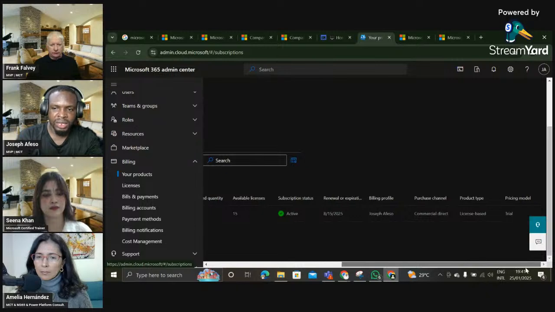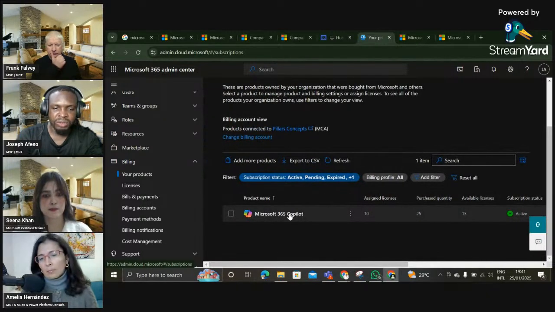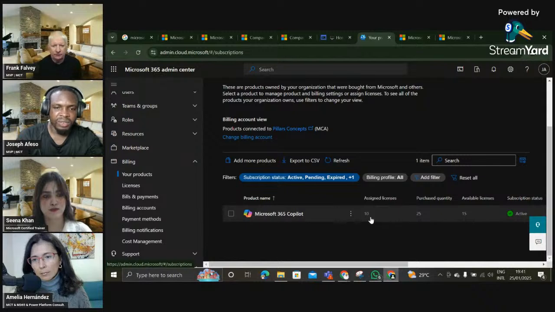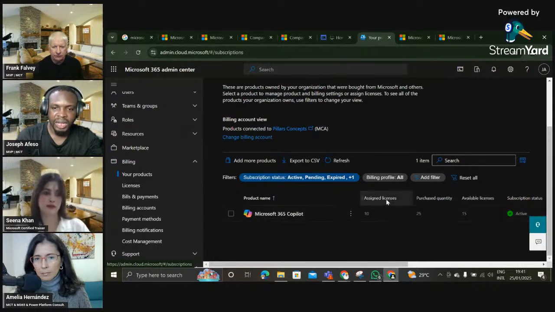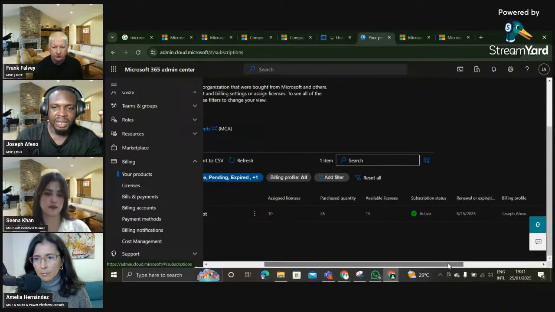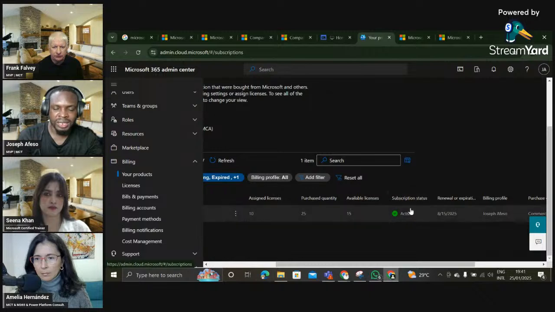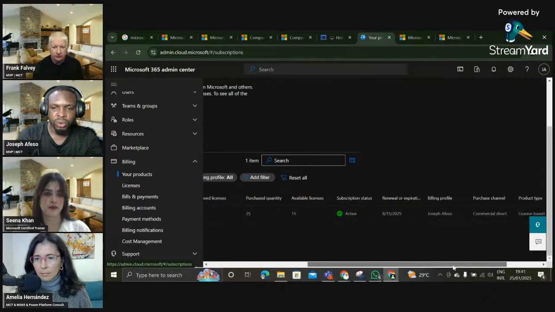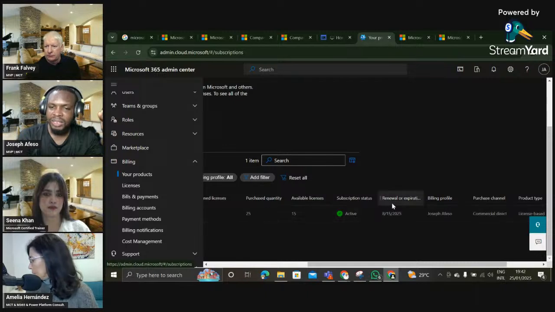So if I scroll to this other side, it is showing that, okay, I have Microsoft 365 Copilot in this environment. Like we've seen under licenses, I've assigned 10 and I'm having 25 seat counts. And then under assigned, I have 10, where we are going to also see who these licenses were assigned to. Then the subscription status of this subscription is active. And then if it's going to renew or expire, this is where you're going to see that this license is going to be on from now to August 15th, where it's either going to expire or it is going to renew, depending on